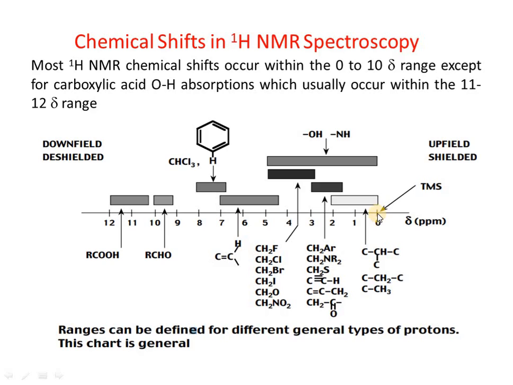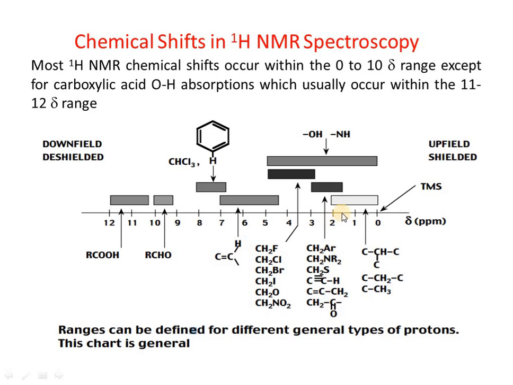That is, TMS, tetramethylsilane, as we have already discussed, shows its peak at 0 due to 12 equivalent protons, and then CH3, CH2 or CH protons all show their signal from 0 to 2, and then the protons which are attached to a benzene ring or NR2 group or sulfur or to an alkyne group, alkene, or ketone group all show